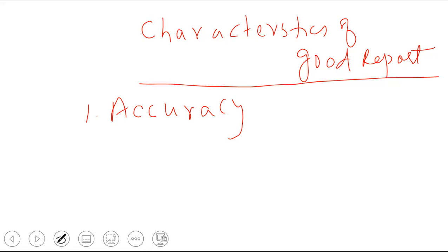Accurate hona chahiye. I told you, Mr. X was killed. Police is conducting the inquiry, and the police is submitting the report. अब देखो, police का report में it should be accurate. The inquiry officer cannot say he might have done that, she might have done that. Might will not come. Mr. X has done because of so and so reason. Mr. X did not do because of so and so reason. Because a matter kal court mein jayega.